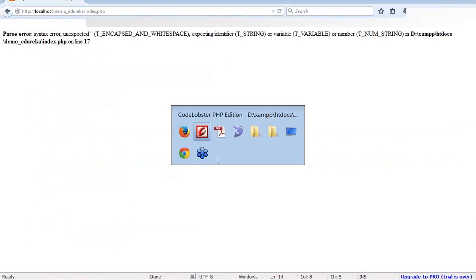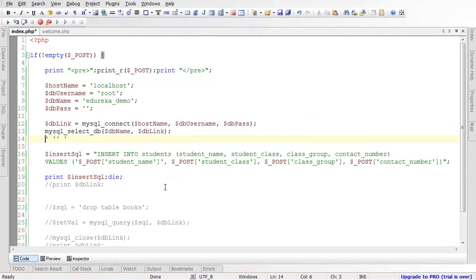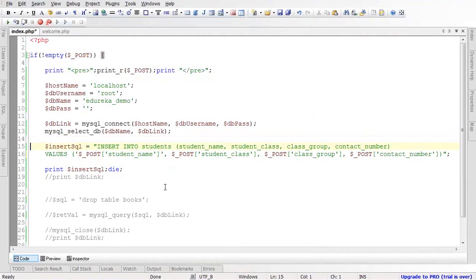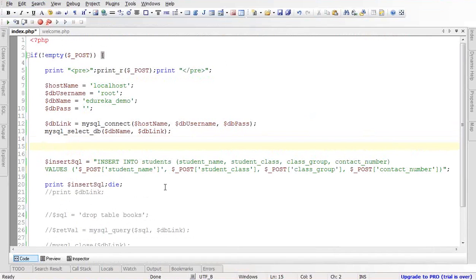It will give us an error like that, because it will think that the quote is ended here, then again a quote is starting, and then the quote is ended here. So this will create an error situation in PHP. So to avoid it, what I'm going to do is save this value into separate variables, like